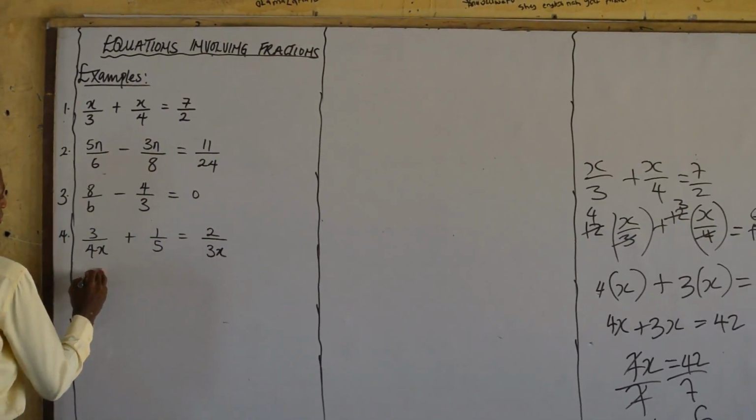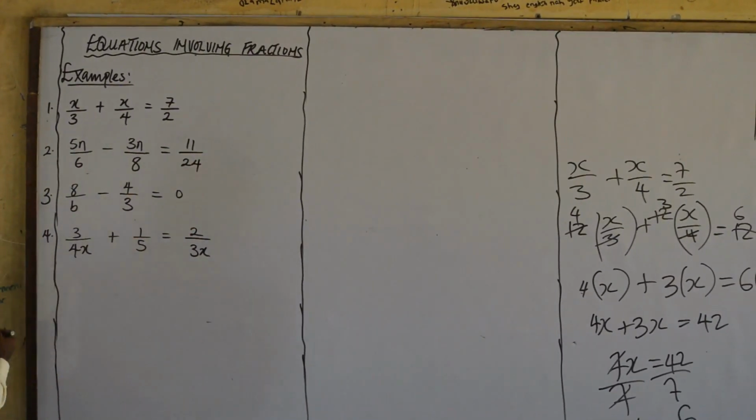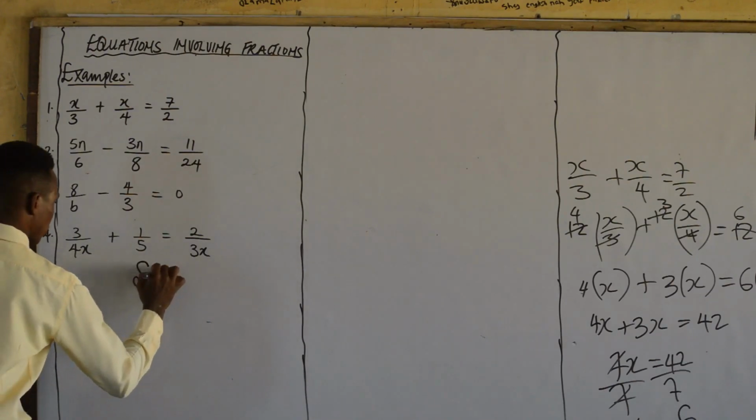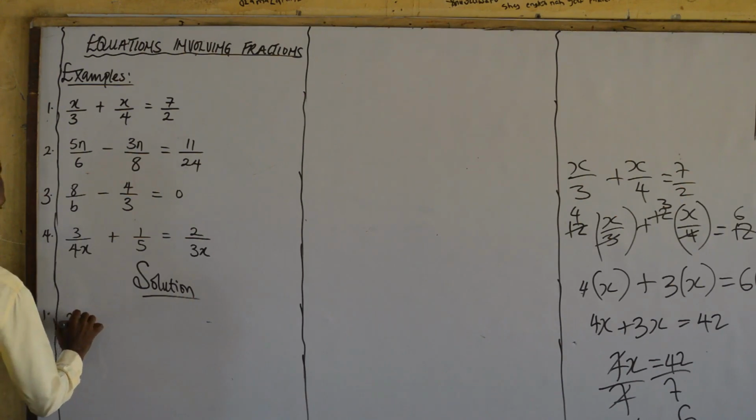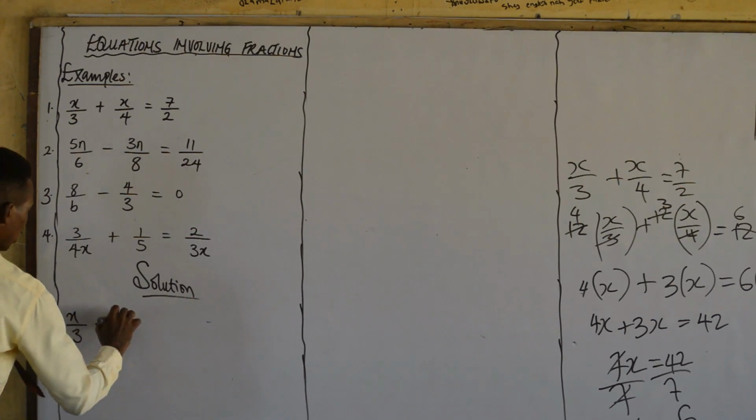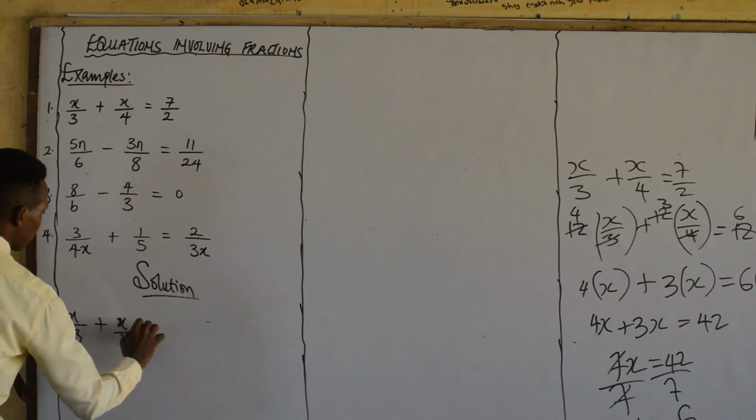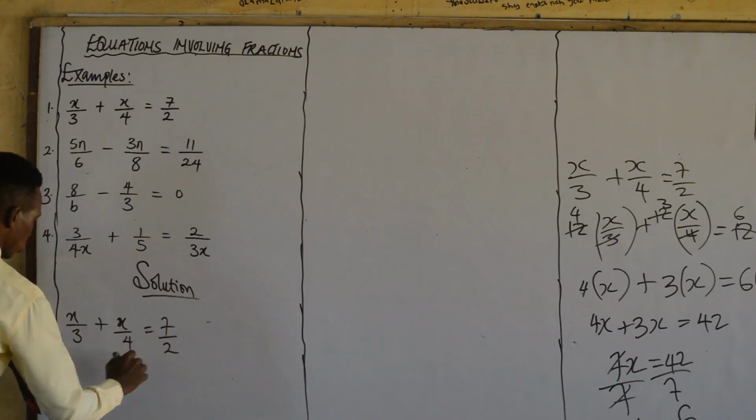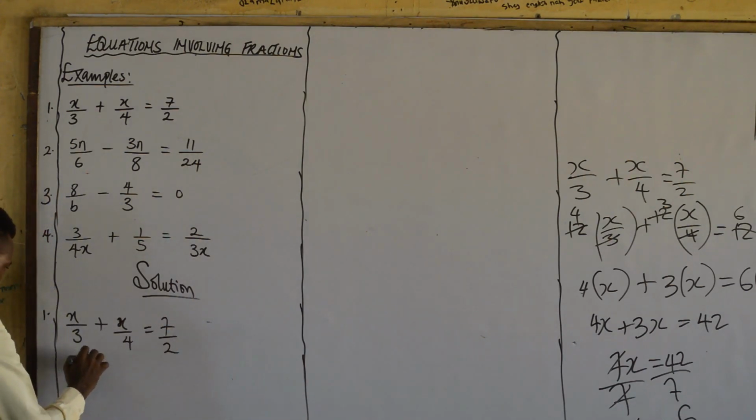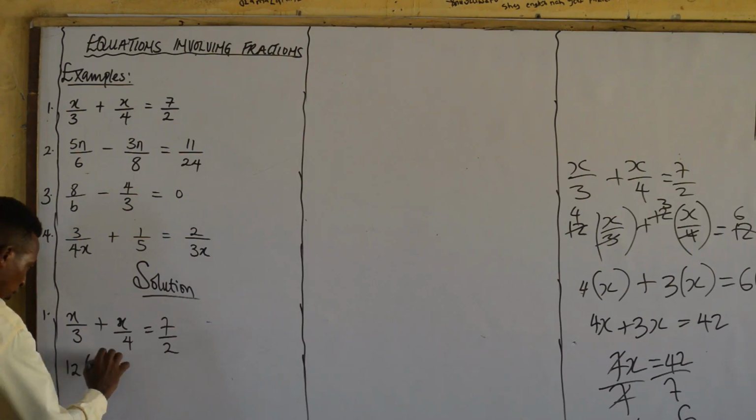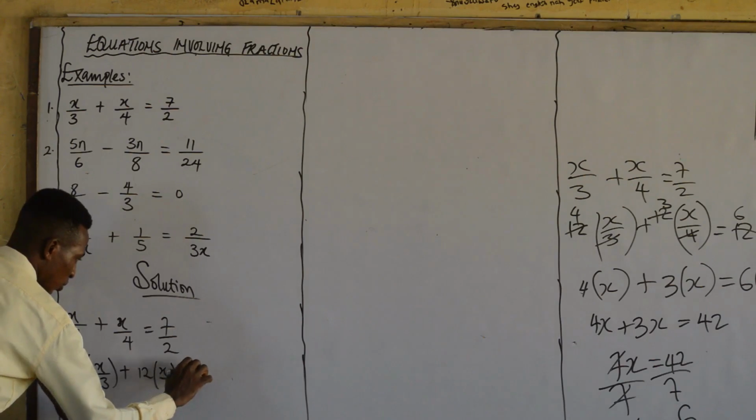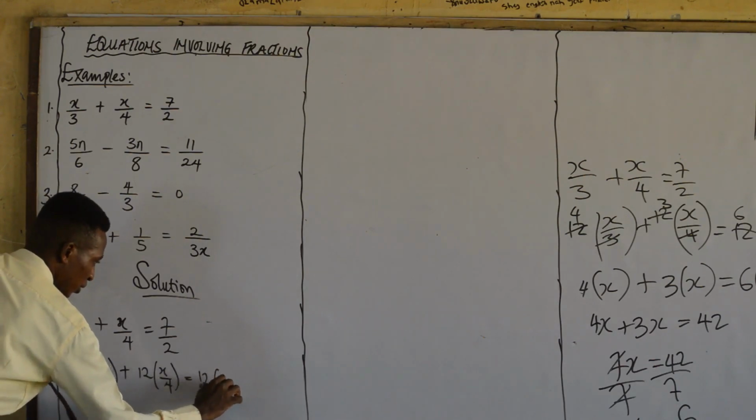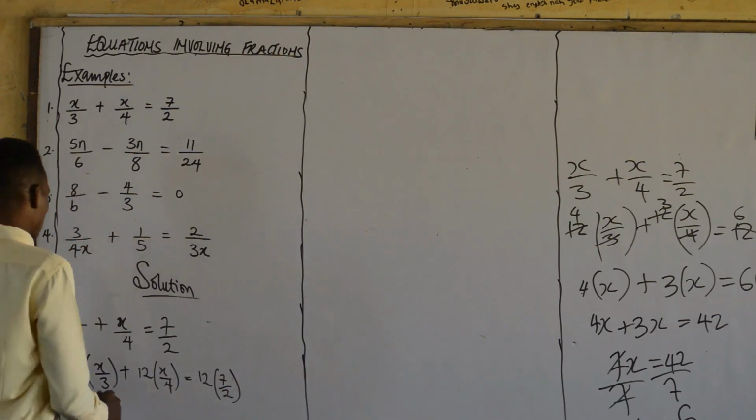We have the LCM as solution. Number 1, we have x over 3 plus x over 4, everything equals 7 over 2. So multiply by the LCM, which is 12 into bracket x over 3 plus 12 into bracket x over 4 equals 12 into bracket 7 all over 2. So when we start cancelling it out,